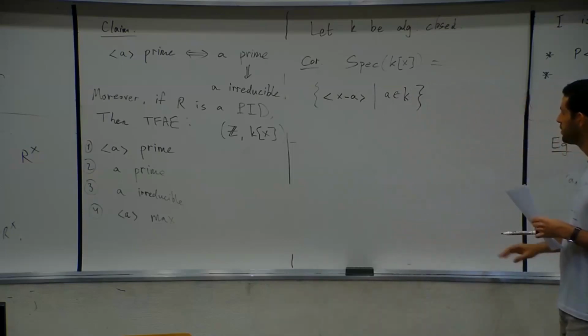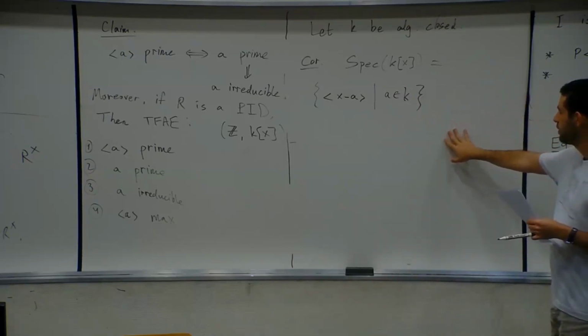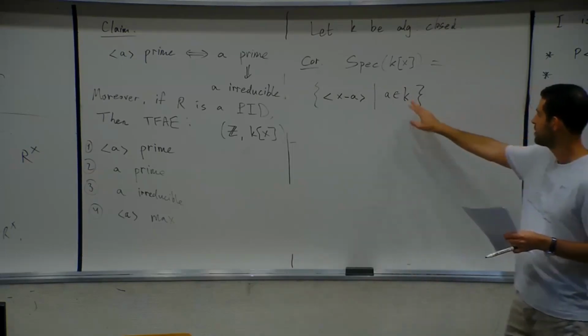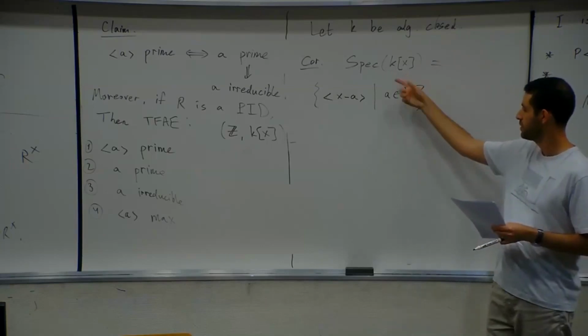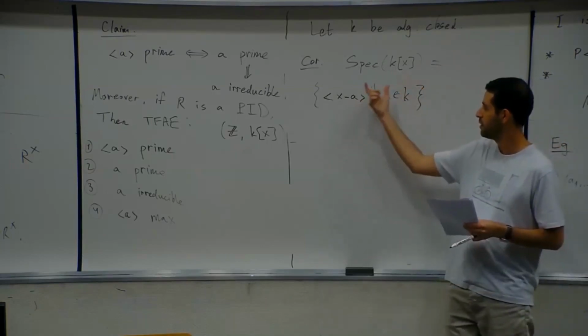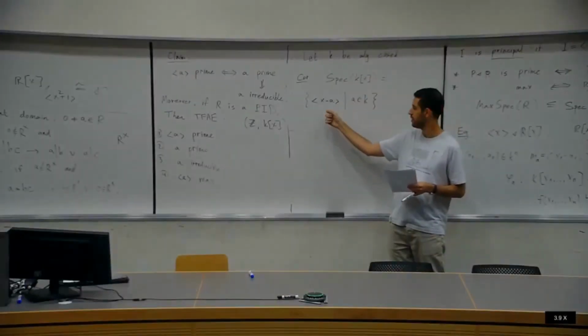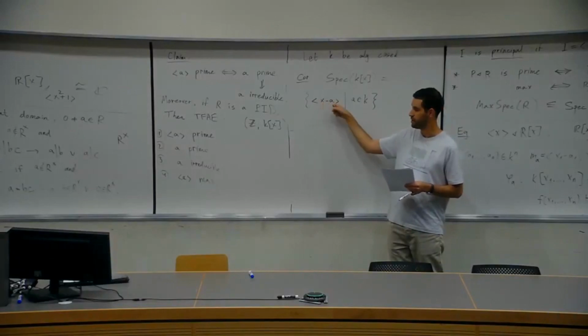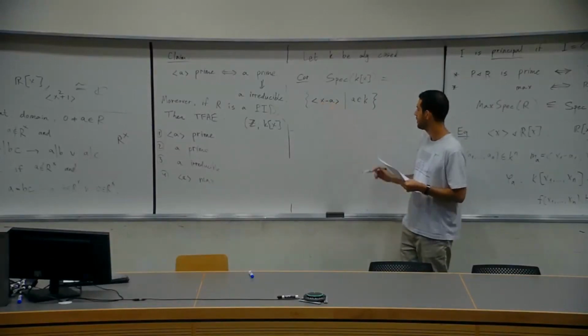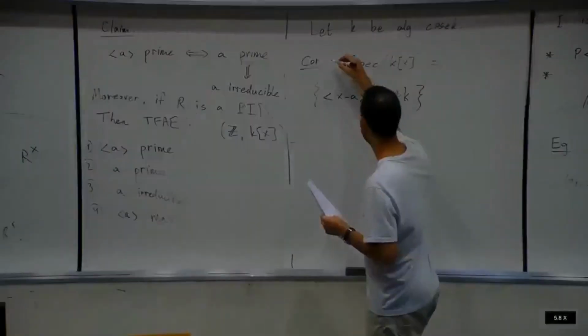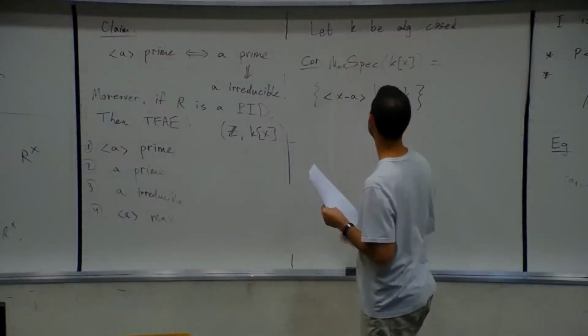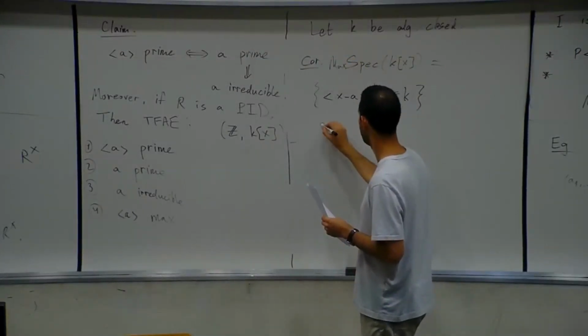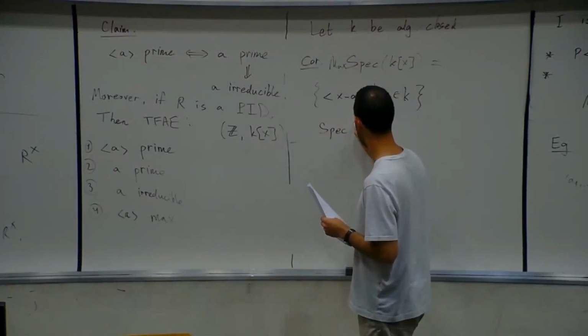So this solves the one-dimensional case, since we see that indeed every maximal ideal is of the form (x minus a). What about, sorry, the max spec. And what about the spec?